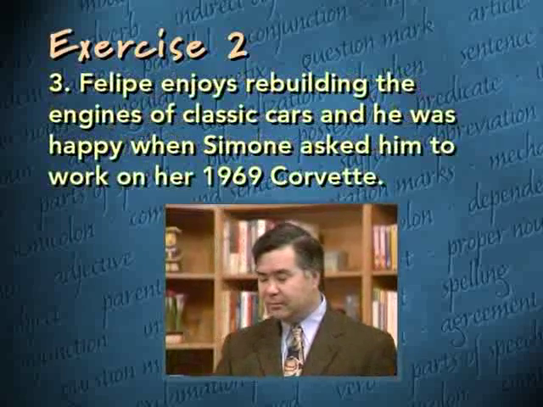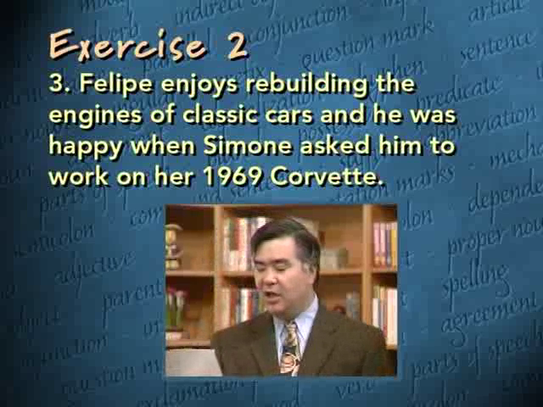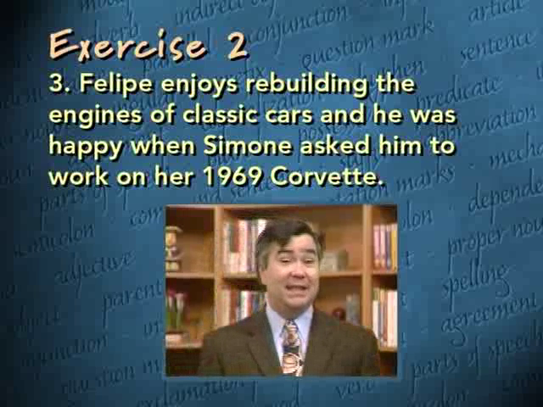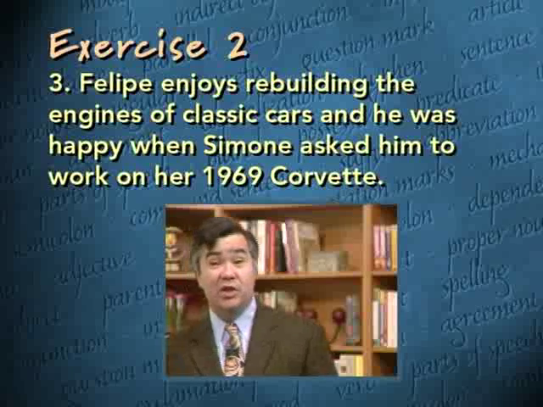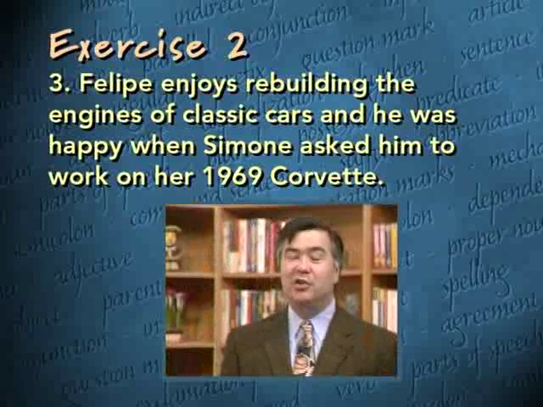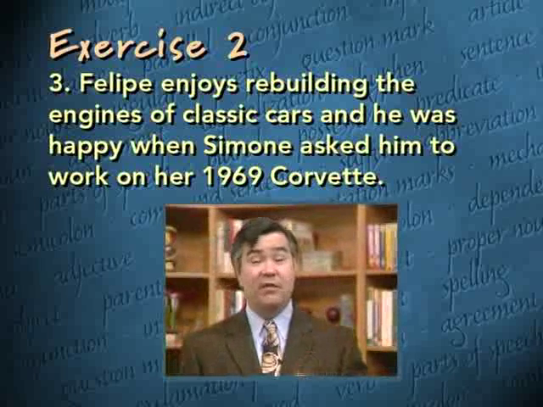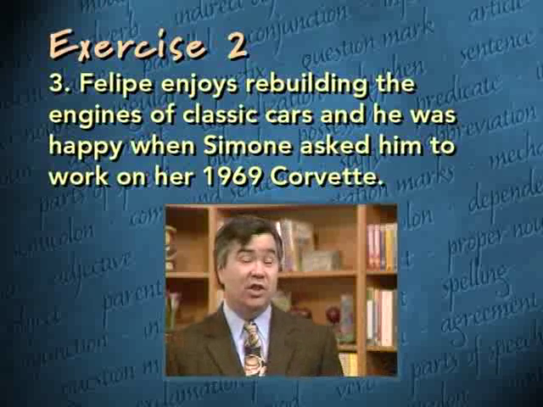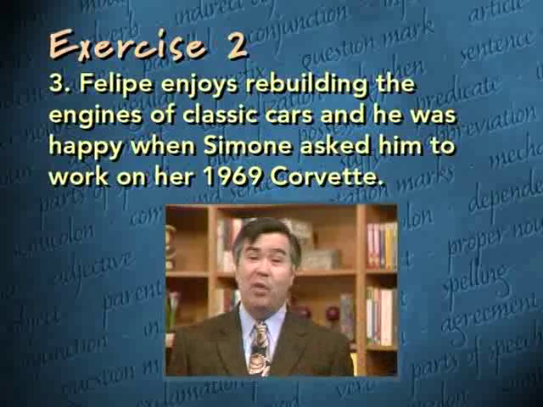Next example. Felipe enjoys rebuilding the engines of classic cars, and he was happy when Simone asked him to work on her 1969 Corvette. Here we have two independent clauses joined by the coordinating conjunction and. That should be a signal to you that a comma is needed. In the normal course of events, when you have a sentence consisting of two independent clauses joined by a coordinating conjunction, you want to separate them with a comma